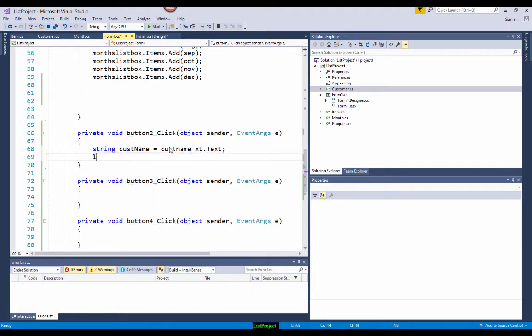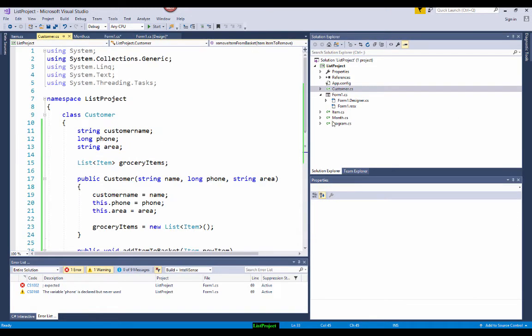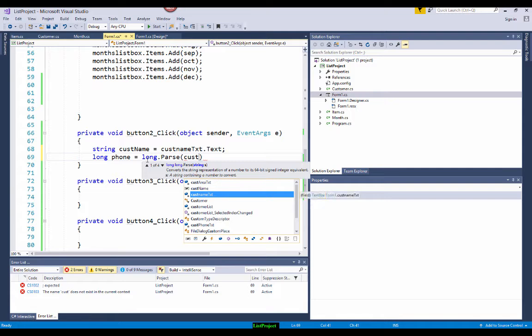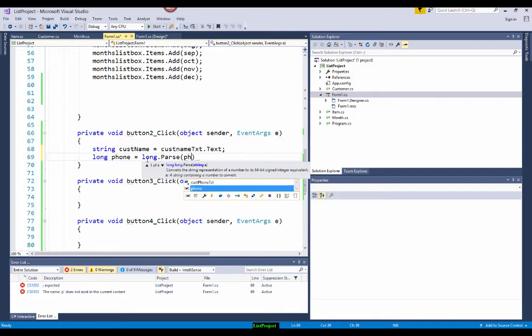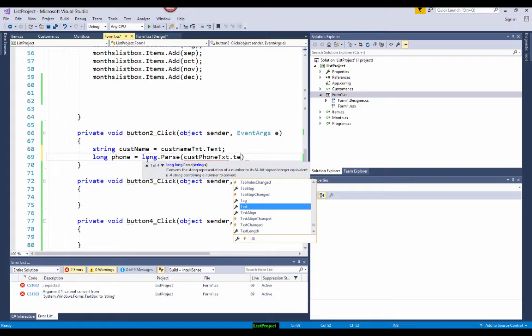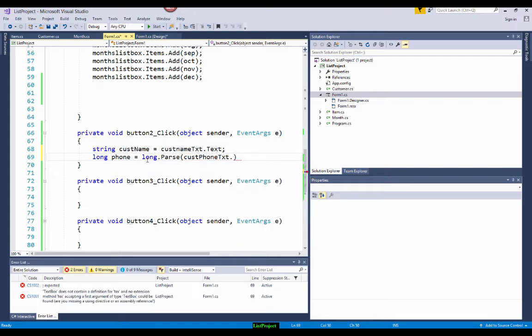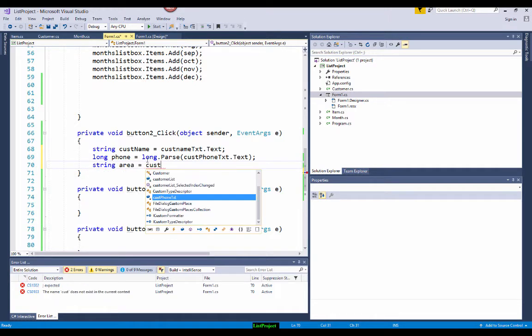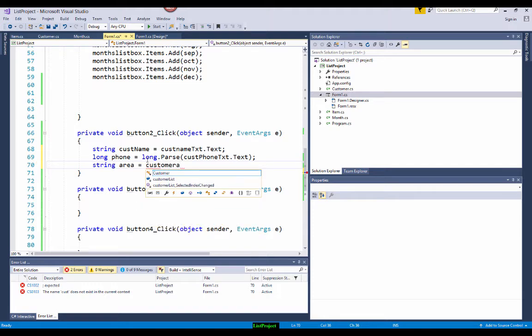Okay, and then I need long phone, because I created this customer has long phone, so I will store it in a variable which is also same type. Long phone is equal to long dot parse, and here in the bracket customer phone or phone, cust phone txt dot text. So I read it and then I convert this to long, and then I also have area, which is string area is equal to customer area